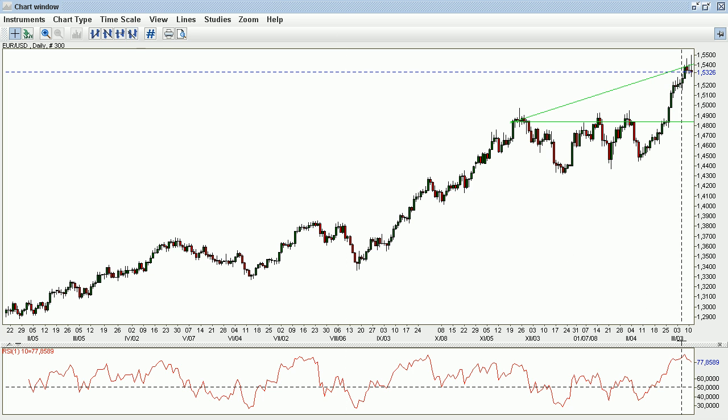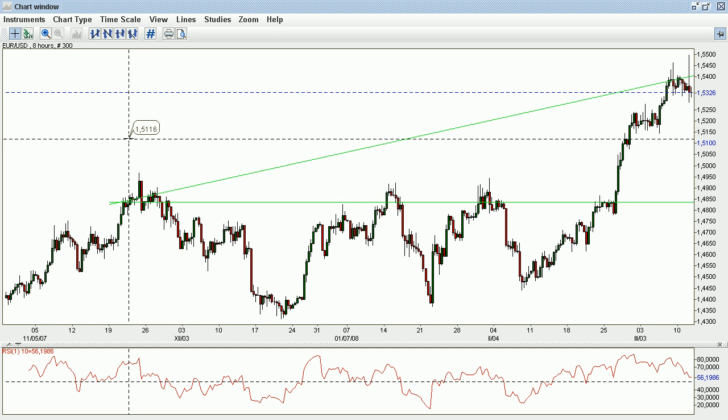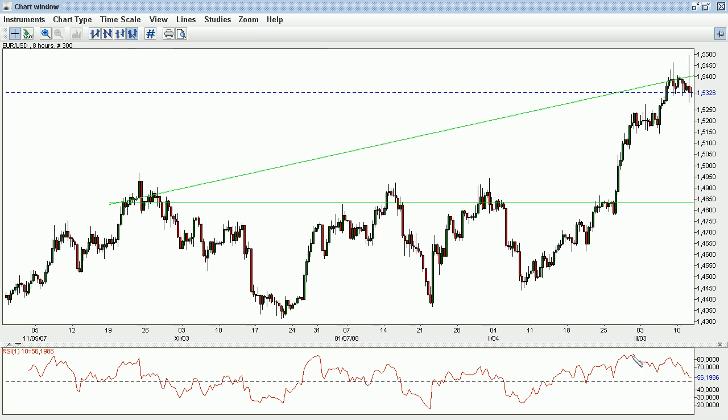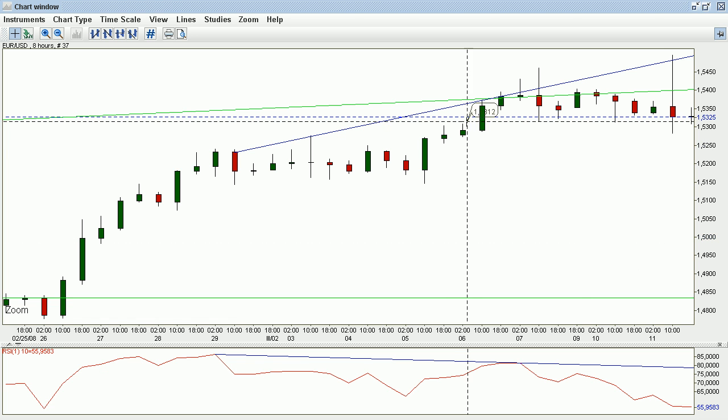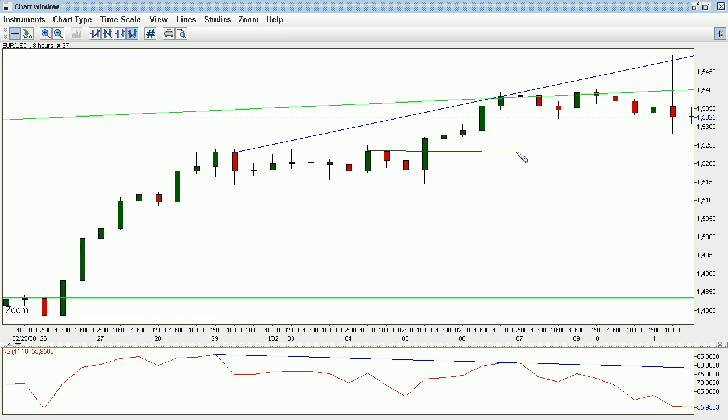When we go to the daily time frame, what we see here is the relative strength indicator has started curving down and is currently trading on a level of 77, which is a negative signal. And when we go to the 8 hours time frame, we again see here a divergence for which I think we will need a little bit more time in order to become validated, if I can say that, and to see more declines to the downside. So from the 8 hours time scale perspective, such a confirmation would come if we see a break below the level of